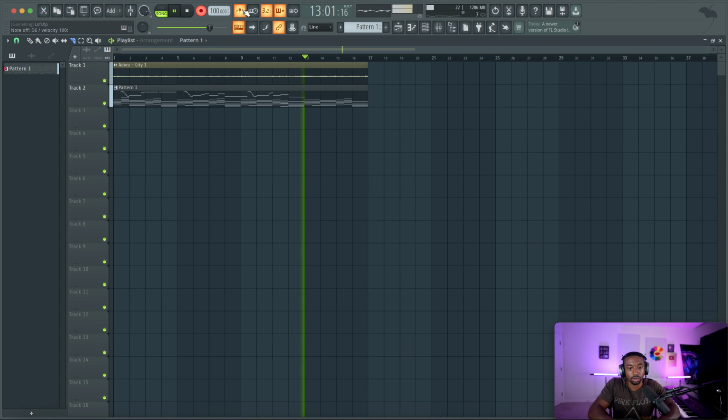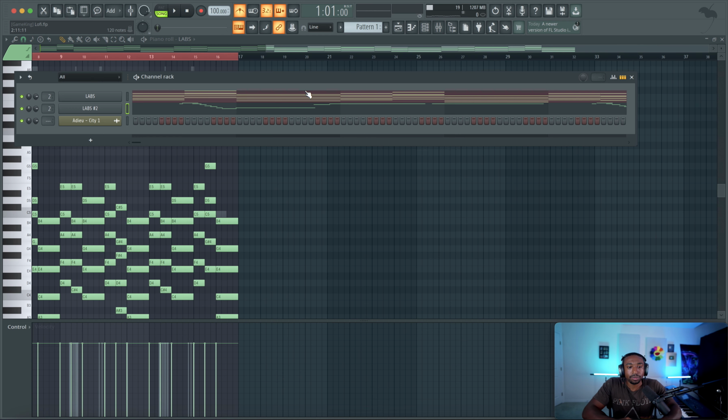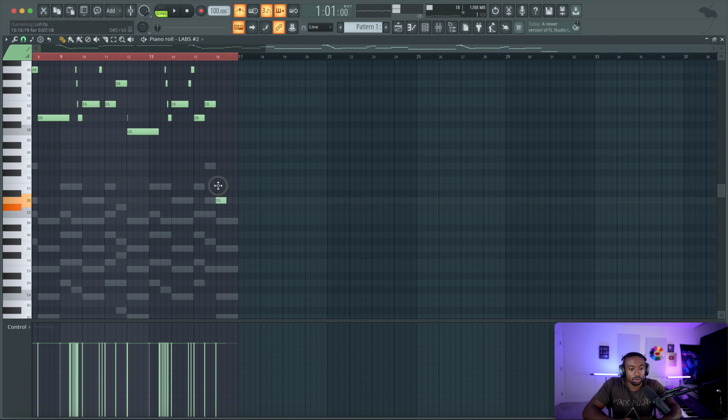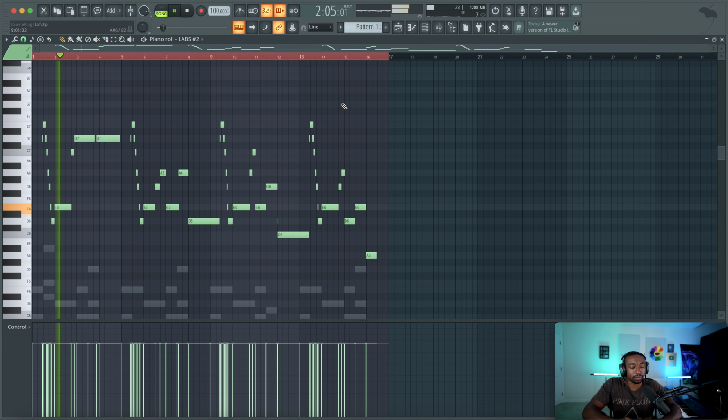Even if we play the wrong note, it's still fine. Now the last note is on part of the keyboard that I didn't know, so let's switch this. Now we just go in and fix the notes.